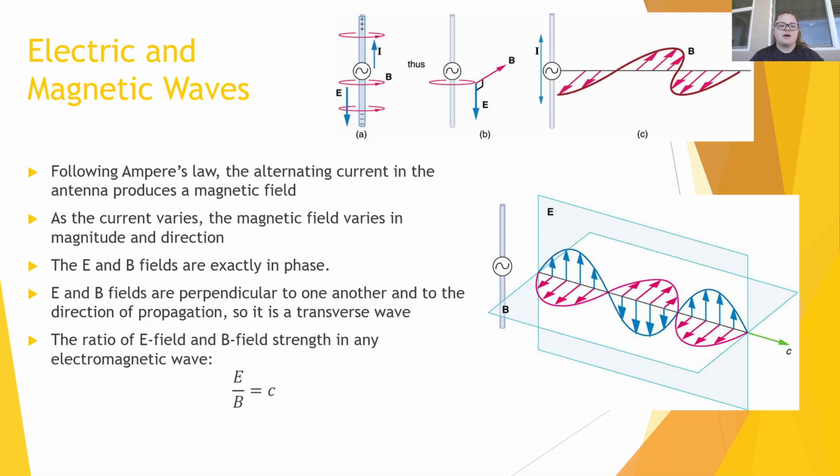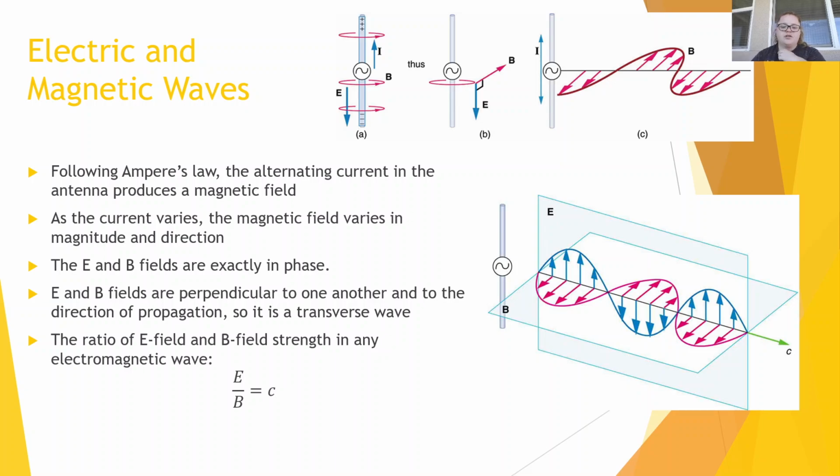So again, following Ampere's law, the alternating current in the antenna produces a magnetic field, like we have seen in the past chapter. As that current varies, the magnetic field varies, just like we were looking at the electric field varying in the previous slide. And so now we get this alternating B field here. Okay, notice that similarity. So another thing that is noticed is that the E field and the B field are exactly in phase and perpendicular to one another,